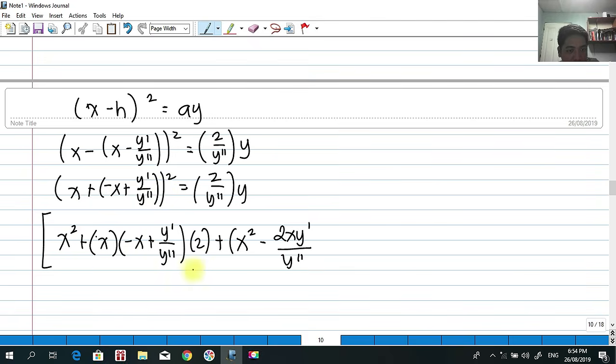Okay, we did that here. And of course, for the last term, you're going to square it. So I'm squaring it, negative x squared, so we have x squared. Then the second term is multiply again all of this. And then what will happen to the last one? To the last one, we're going to get the square of that, so that is y prime over y double prime squared. Okay? That's the expansion. And we are now left with 2y